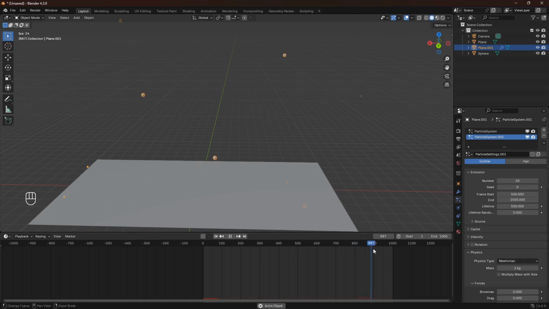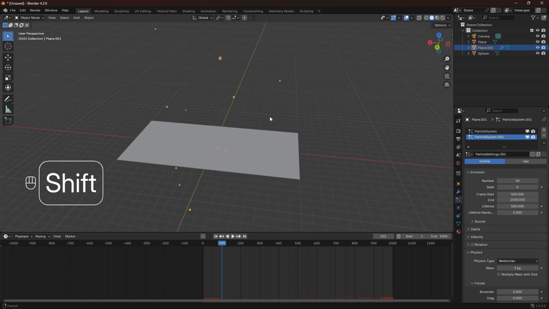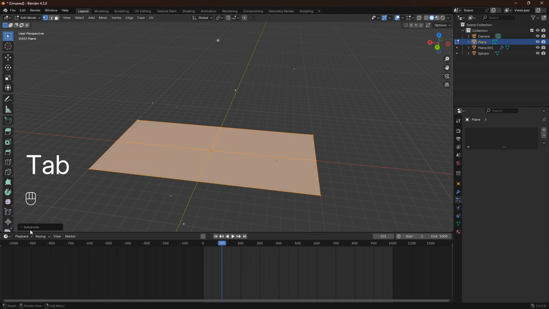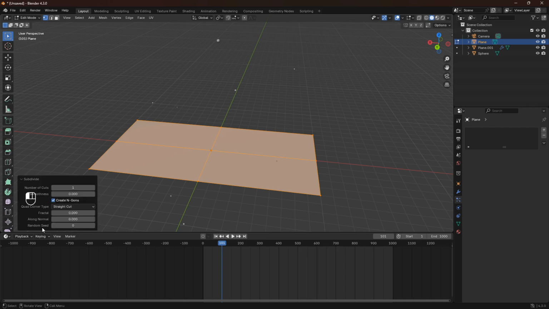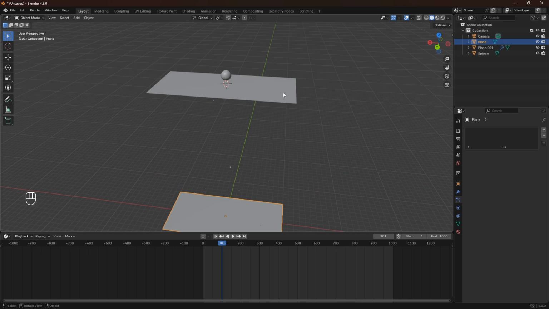If I go all the way back here to the end frame, you can see when it comes into the first frame, it just continues on. So that's great. So now what we can do is create this water thing here. So let's just select this plane, and to make this work, we need to subdivide this mesh. So let's go into it and then subdivide, click on this little left black box here, and then set the number of cuts to 100. Yes. So now we can select the particle system